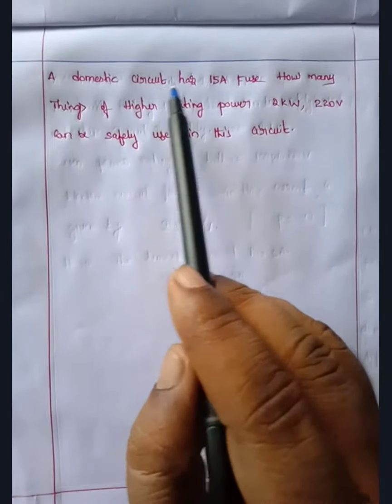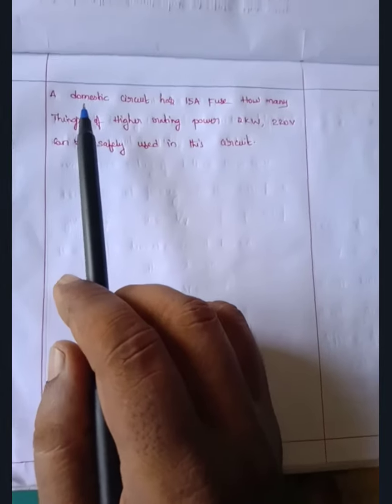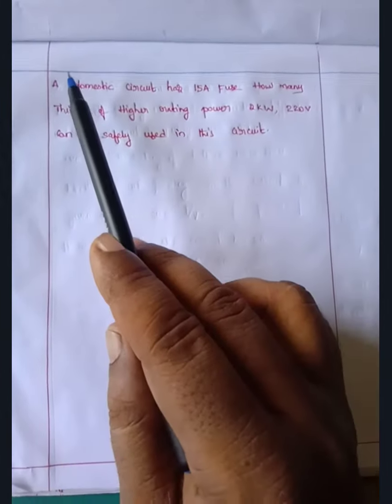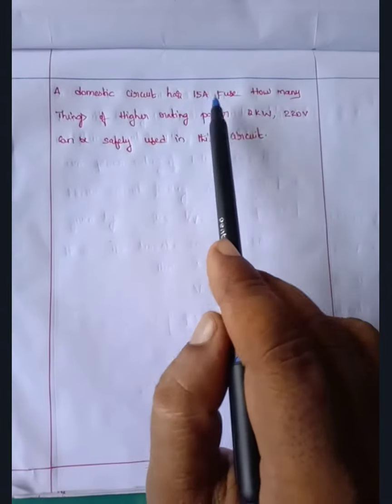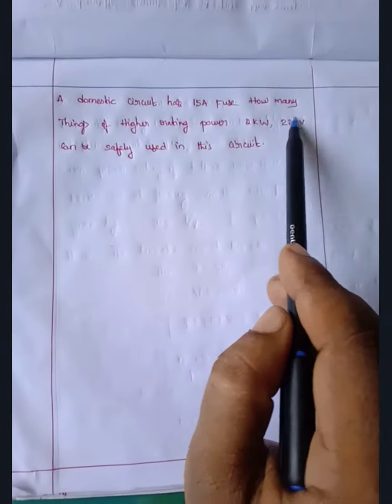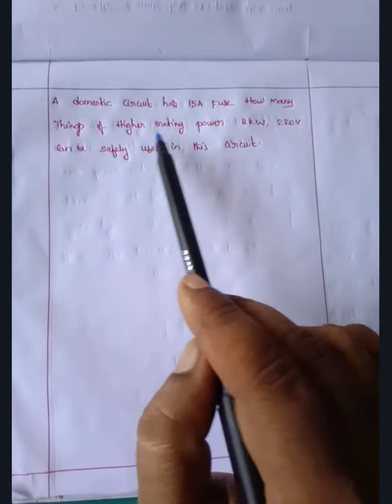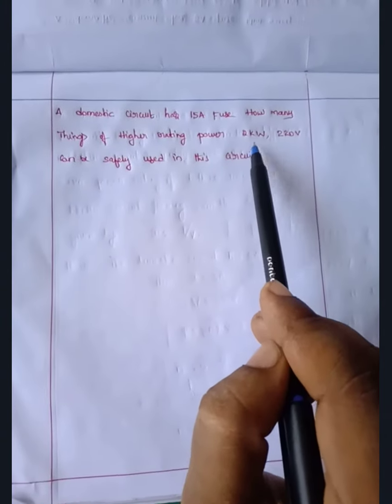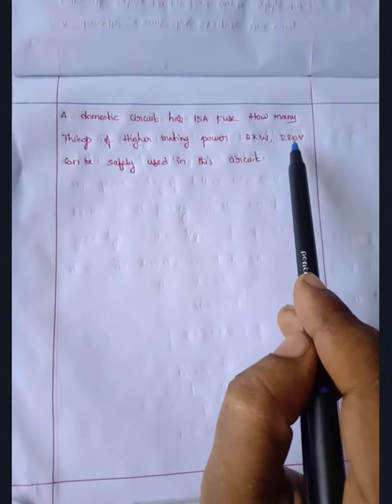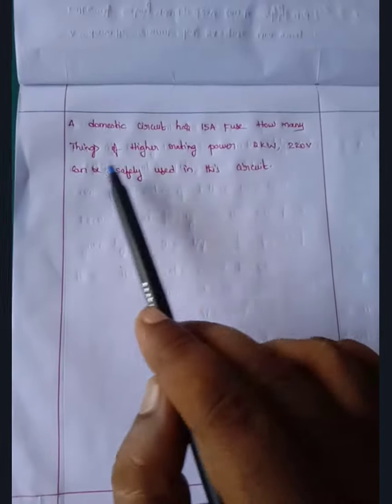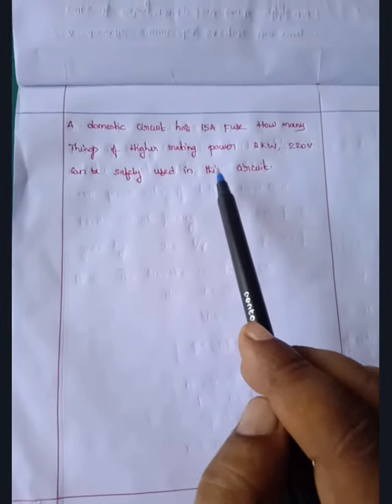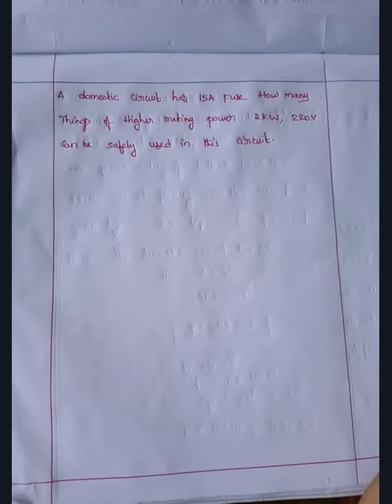A domestic circuit has a 15 amp fuse. How many things of high power rating 2 kilowatts, 220 volts can be safely used in this circuit?